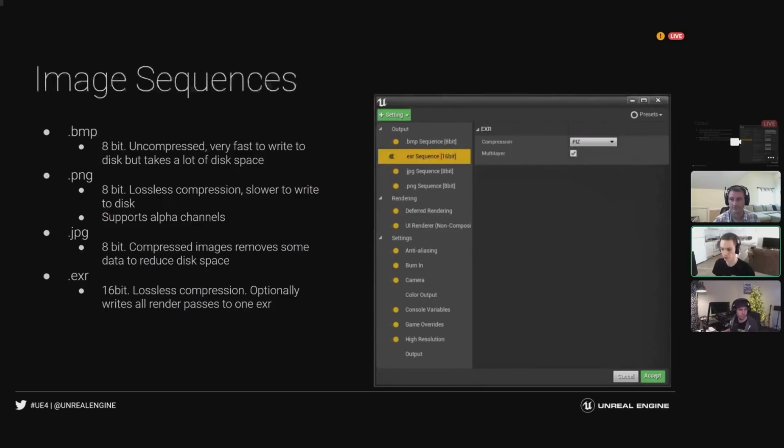For the more advanced use cases we have, which is most of the second half of this presentation, you're generally going to want to stick to EXR. For EXR, we say that it's a 16-bit EXR because the precision on the GPU for most of the rendering process is only 16-bit. When we do have 32-bit data, we will store 32-bit data in the EXR file, so don't worry about that.